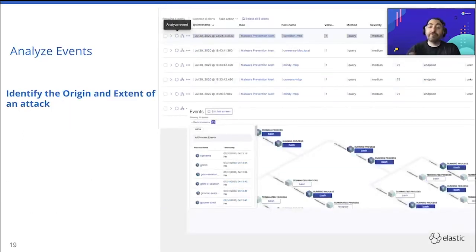So what would it look like if you're going to interrogate? I'm going to go through this in a demo. The beauty of using the Elastic Stack, and this is in the free basic tier, is that you'll be able to look at the full process tree and see the extent of any attack. It's such a powerful visualization that lets you know what process has been executed, how processes are communicating between each other, the time it takes to run a subsequent query. The level of detail you get in this view is amazing.